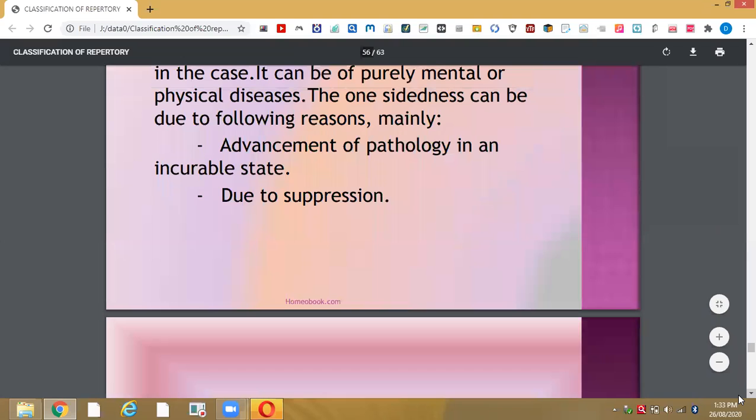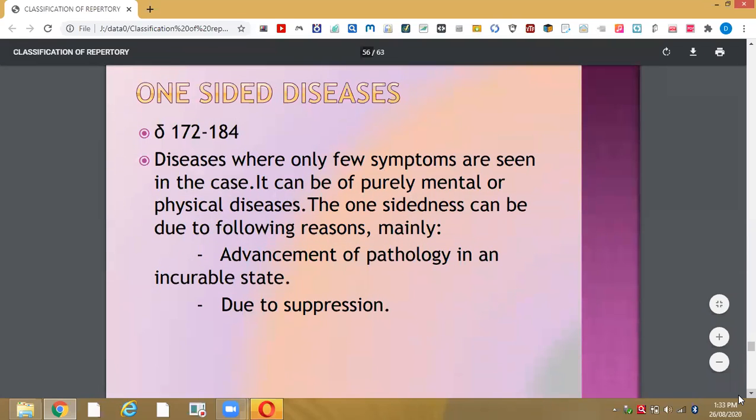Then one-sided diseases. If the disease is one-sided, you have completed one-sided diseases also, in second year. Yes, one-sided diseases, ma'am. It was given from aphorism number